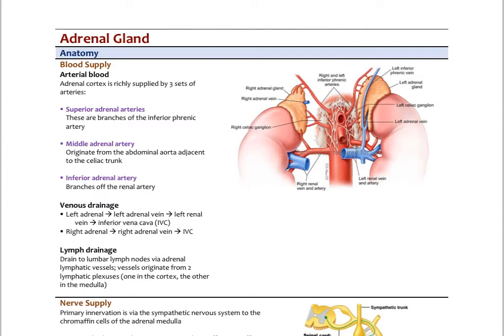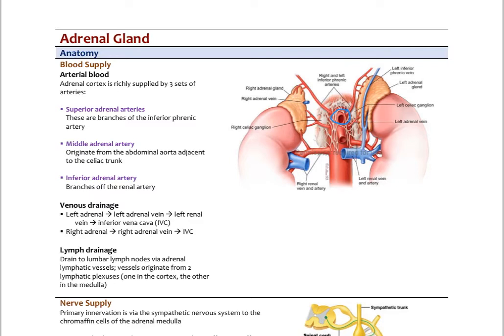Okay, so there are three sets of arteries that provide blood to the adrenal gland. There are the superior adrenal arteries, the middle adrenal artery, and the inferior adrenal artery. And all these really come off the aorta, different places. So the superior adrenal arteries are branches of what's called the inferior phrenic arteries. They come off right above the celiac trunk. So remember, the celiac trunk is a major area in the solar plexus region. And off the celiac trunk come all the little arteries that supply the pancreas, the spleen, the stomach, the liver, gallbladder, and the upper small intestine. So we have the phrenic artery,